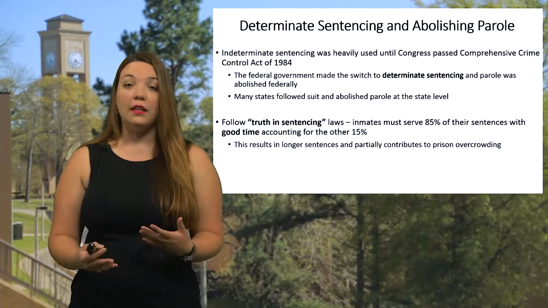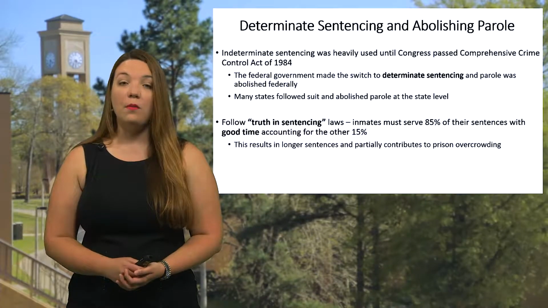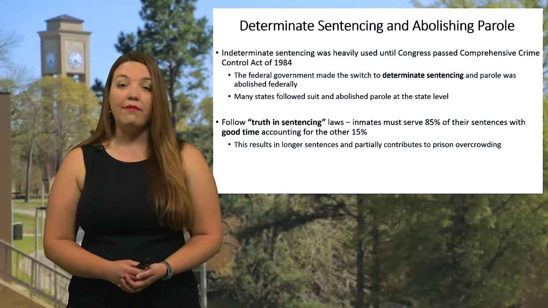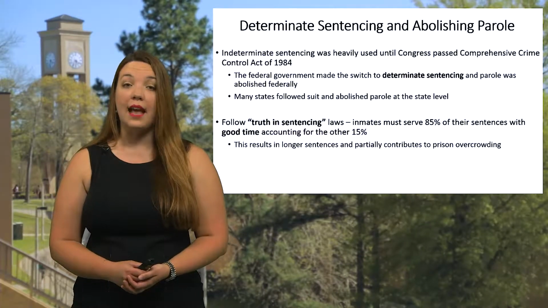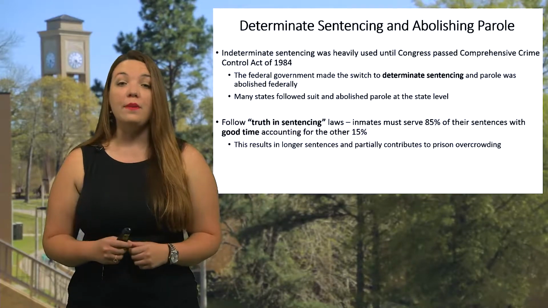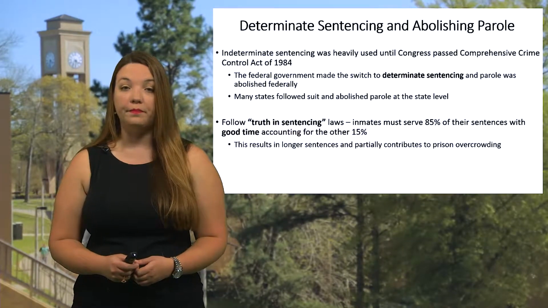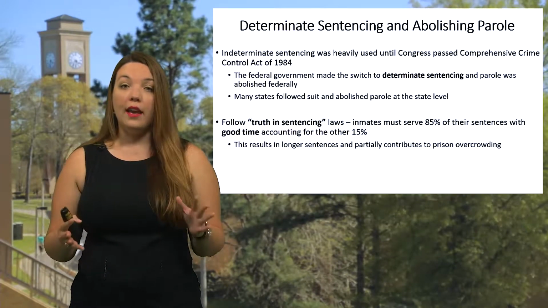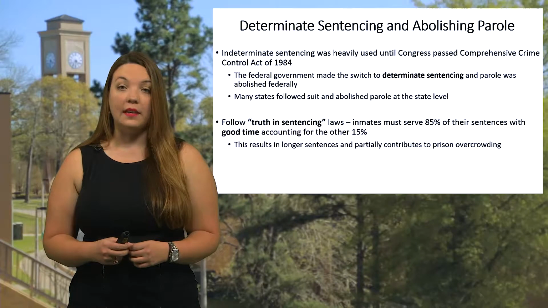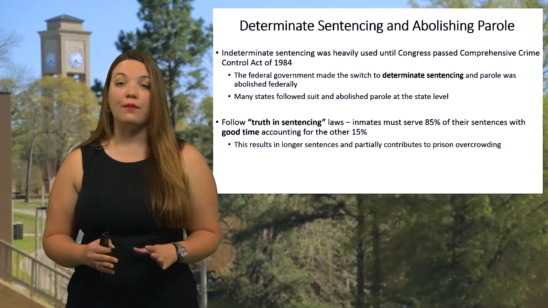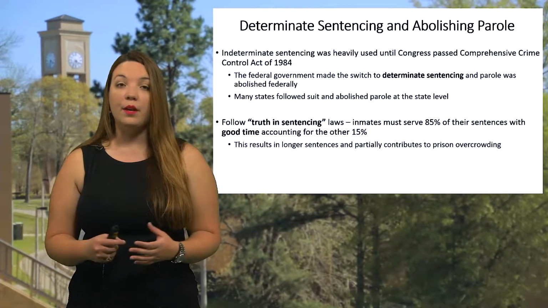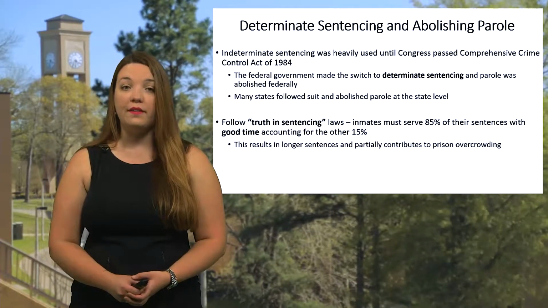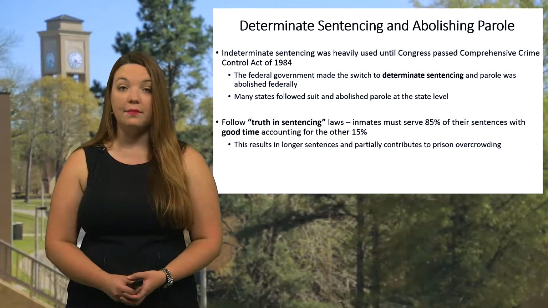Before, there used to be a lot more judicial discretion. Now we have the use of the sentencing guidelines. Under this new style, there are set factors that will influence a person's sentence, but for the most part, there should be strong consistency across the board. With determinate sentencing structures, or if you're in a state that uses truth in sentencing, inmates will serve the majority of their sentences. They will serve a minimum of 85% of their sentences and can be released with 15% of their sentences coming from good time credits.